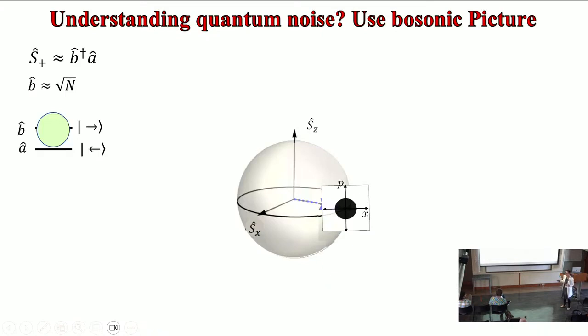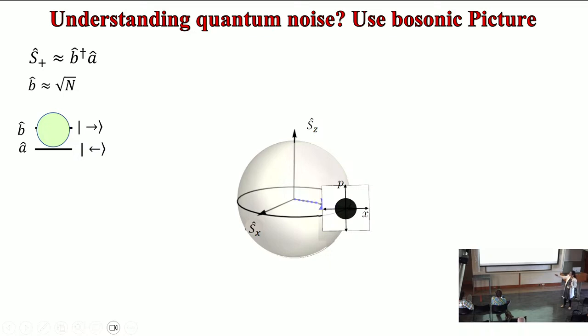I'm running out of time perhaps, so just very briefly, how we computed all of this is very simple. To include the quantum fluctuations, all you need to do is develop a bosonic picture of the spin system. For example, for the two-level system, you have the spin pointing along the y direction. This is the y plus, y minus, y. All the atoms are along the y direction. So you can write the